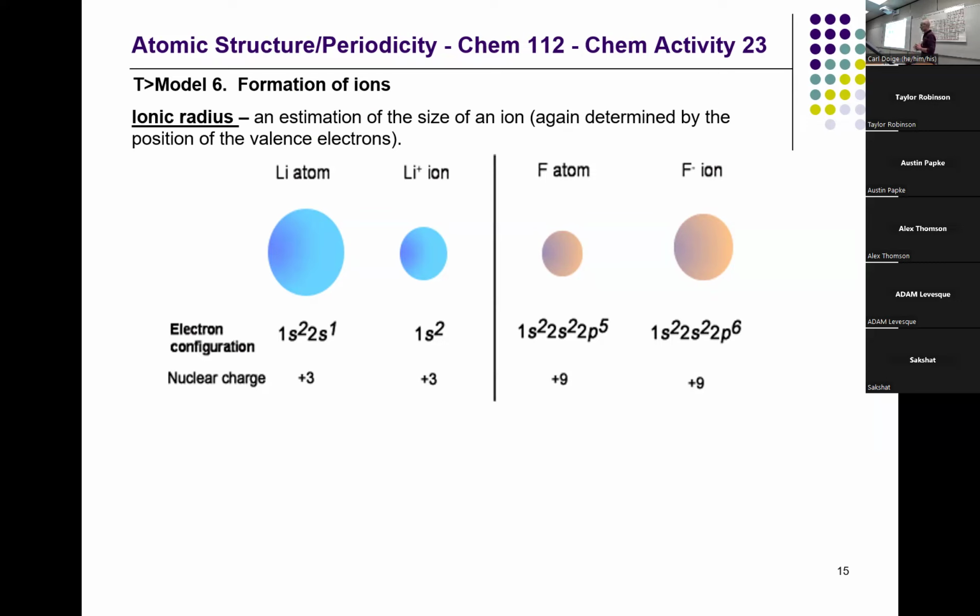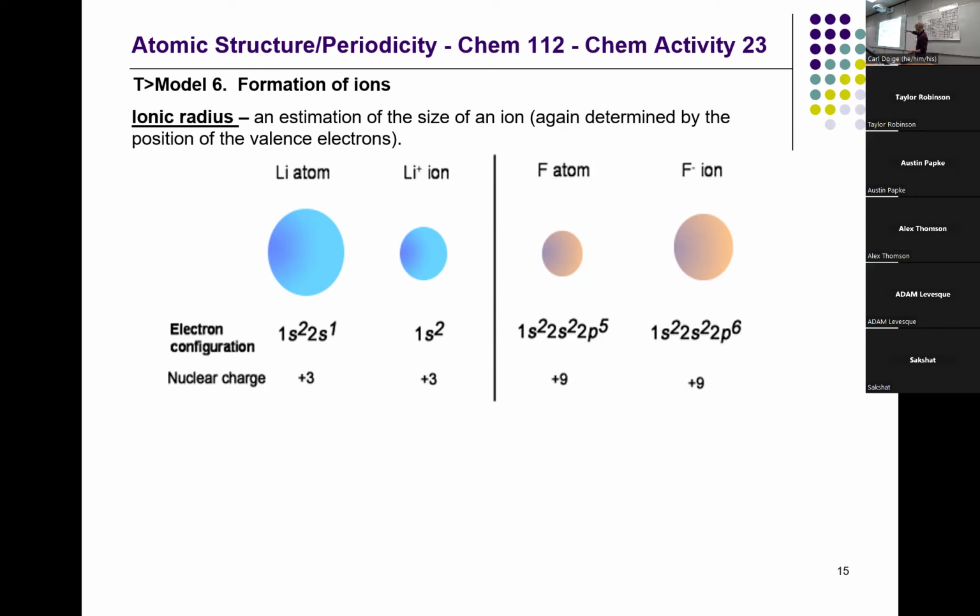But first of all, I'd like you to see what happens when an atom becomes an ion, and also to have a rough sense of why that might be. So just to pinpoint what's the change, and how metals, when they become cations, and how non-metals, when they become anions, are different. So first of all, let's deal with the lithium atom, which is representative of essentially what happens with all metal atoms. As you know, when lithium becomes an ion, its most stable charge is lithium plus 1. It loses one of its valence electrons.